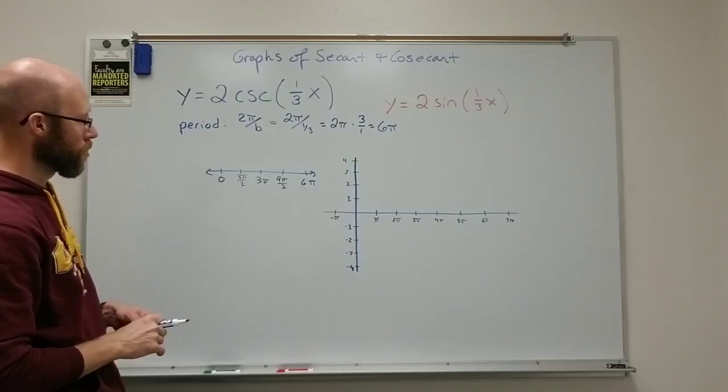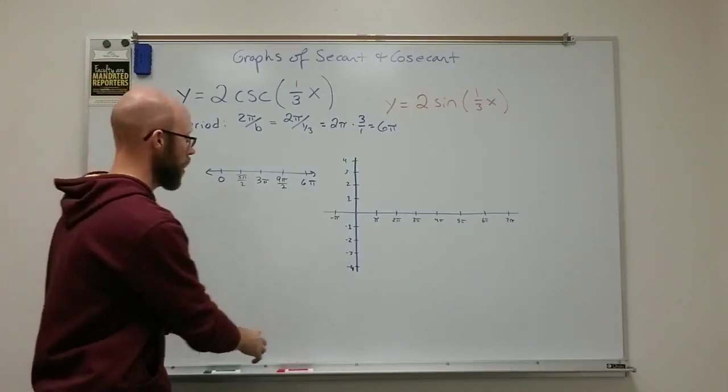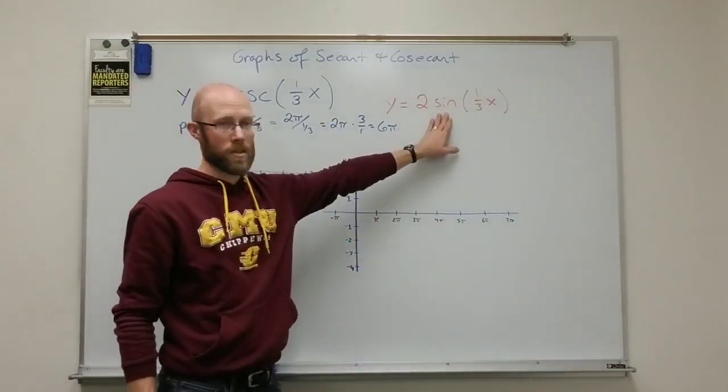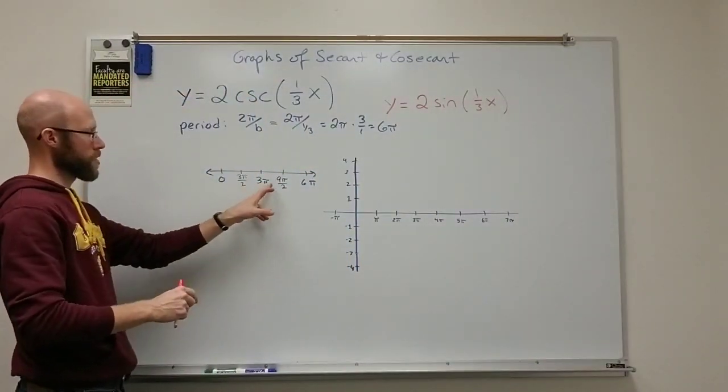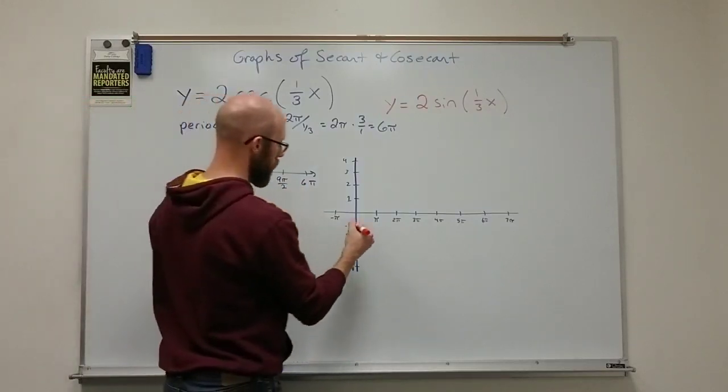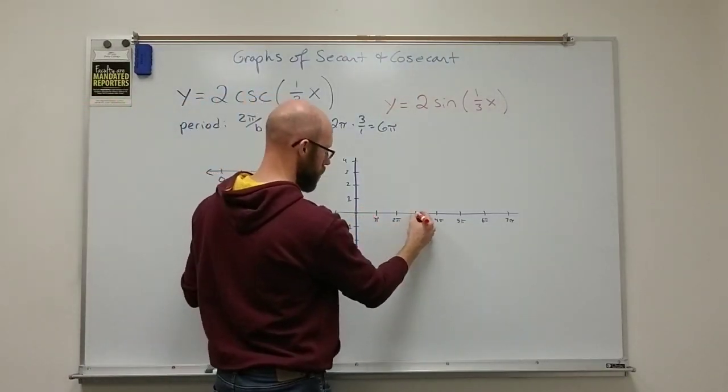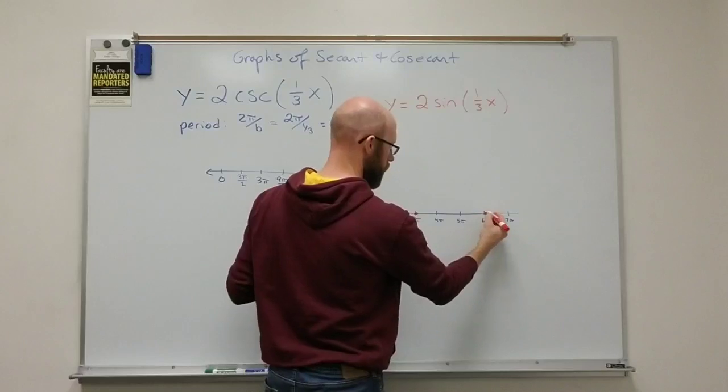So, like I said before, I would start by plotting the graph of the sine, because I know the graph of the sine. With my 5 key points, it has intercepts at 0, 3 pi, and 6 pi. So there's 0, 3 pi, and 6 pi. Those are my